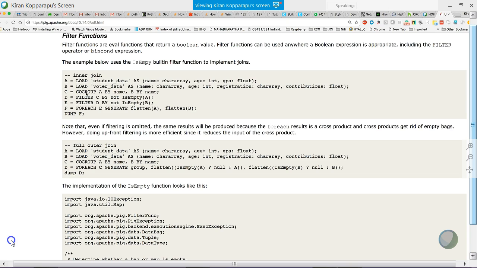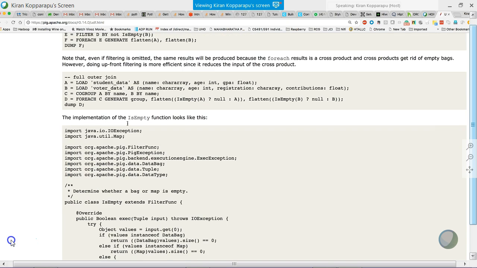Okay. So filter C by is empty of A. Here, isEmpty is a filter function, because we are using the filter operator. If you want to write these kinds of functions on your own, like isEmpty, isNull, isNumeric, that kind of functionality, if you want to write your own UDF, how do you write that